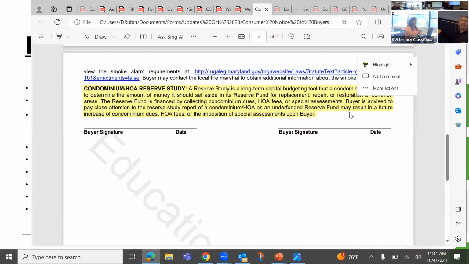So this is a CYA. Your buyers are signing this. They have been informed about this. They will get copies of this in their resale packages, okay? But it's something to at least have a very basic understanding of what's happening so that we can be responsive as people have questions.